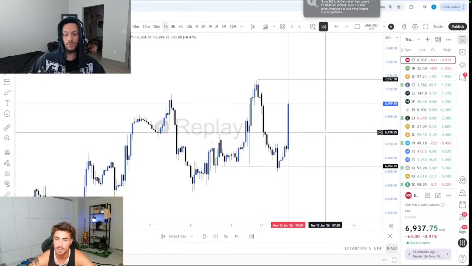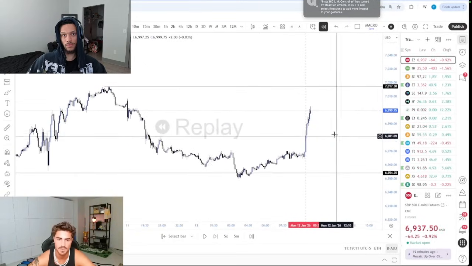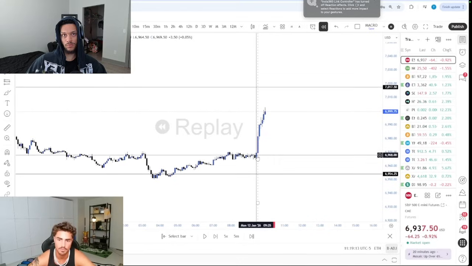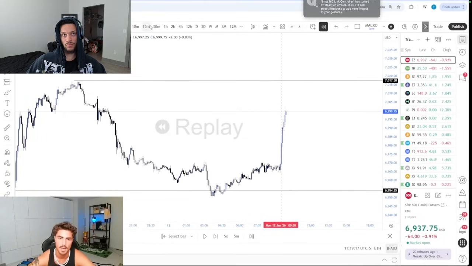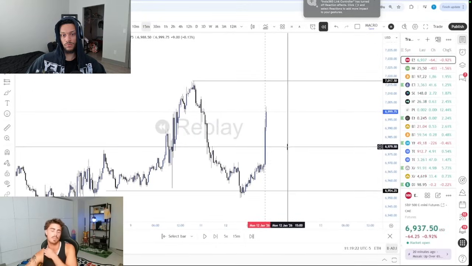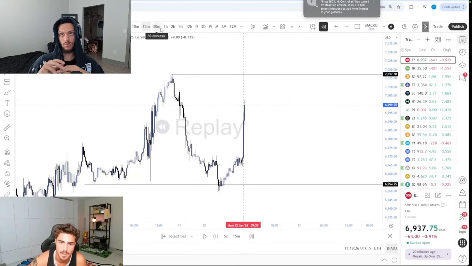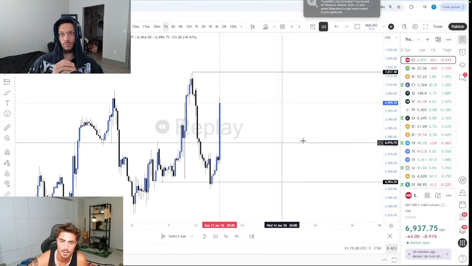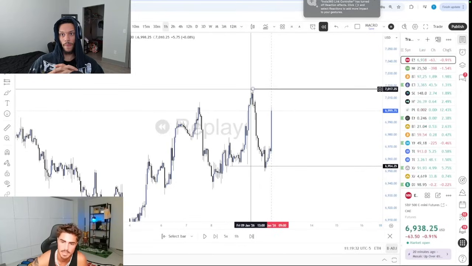So again, we're not going to get into entries here, but I can show you on the 5 minute time frame that even though we're forming a whole bunch of up candles, there is going to be a good enough and good retraces or a continuation trade to be taken to be able to target these highs. Because again, where does price need to go in order to liquidate the buy orders from down here, right? They need to push it above here to be able to take profit and to be able to exit out